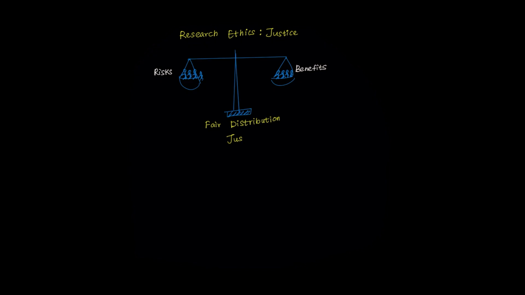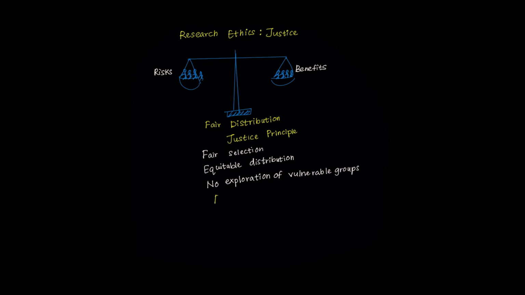This principle has profound implications in research history, where vulnerable populations were often exploited for risky research, while privileged populations reaped the benefits. Justice demands that we don't always recruit homeless populations for dangerous experimental trials, while wealthy populations get access to promising new therapies. It requires fair selection of participants and equitable distribution of both the potential harms and the potential benefits across different